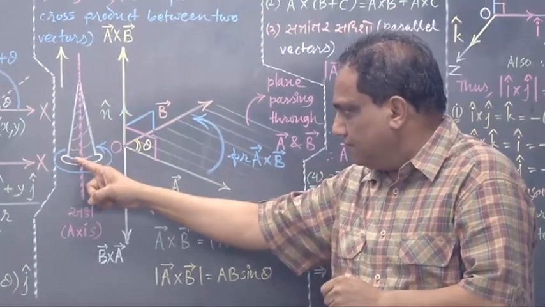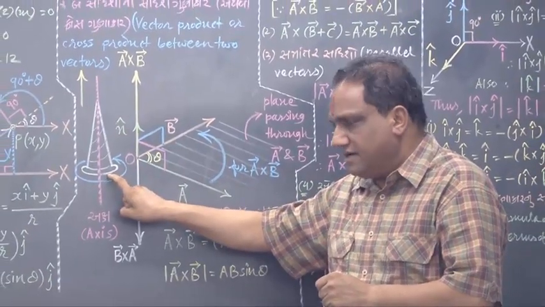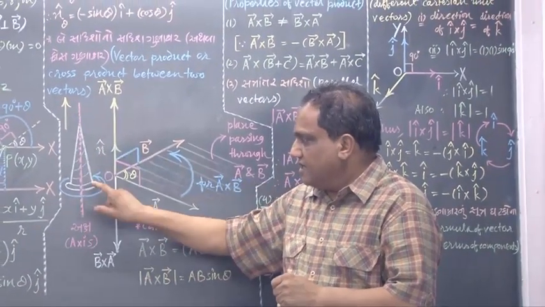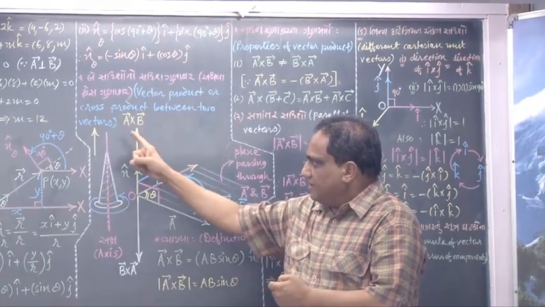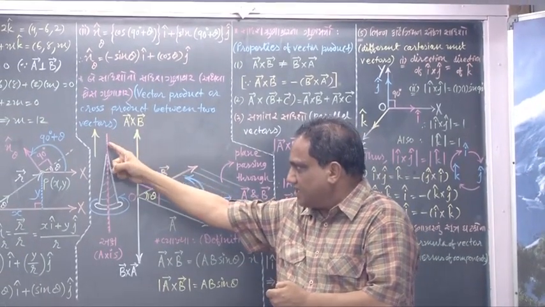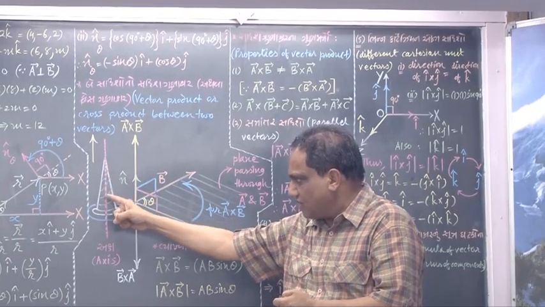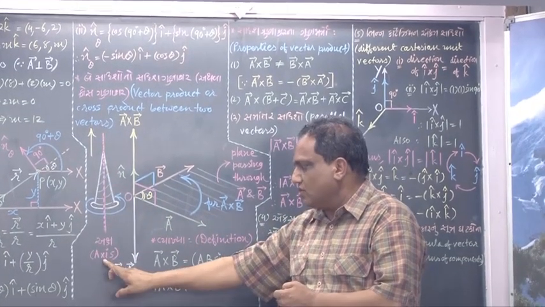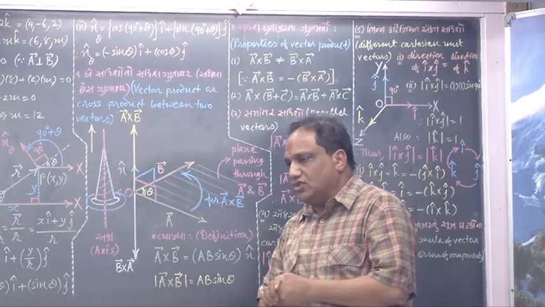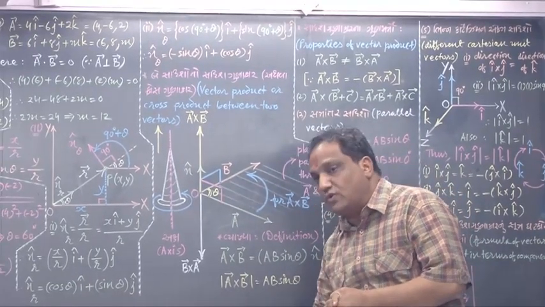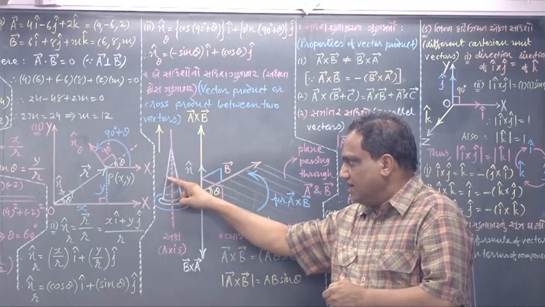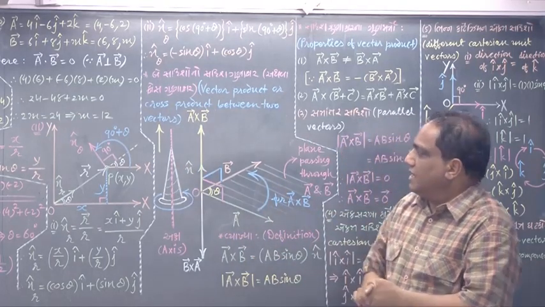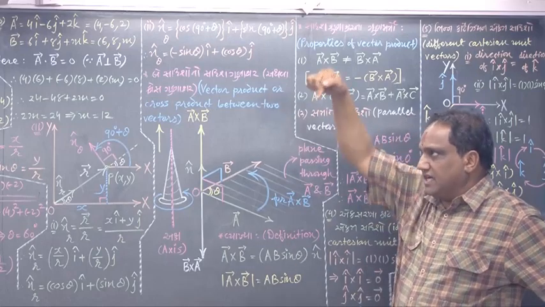Now think of a right-handed screw here. Here is a screw. Here is the head, here is the tail, and this is the axis passing through the screw. Okay, the axis of the right-handed screw. And these are the threads. Okay, fine. Now tell me, how to find this axis?